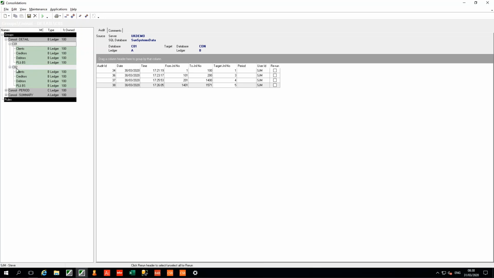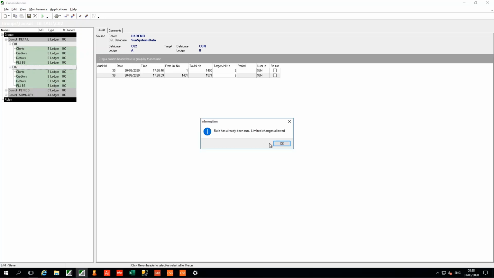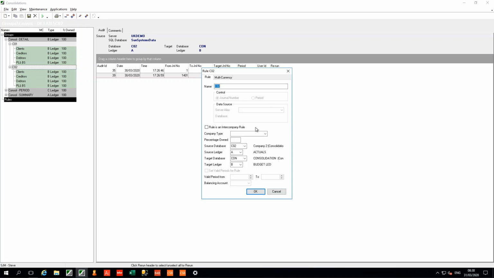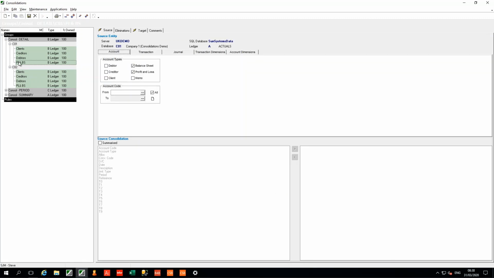When I copied and pasted that previously, all I needed to do was change the rule for CO1 copy and just change it to CO2 here, and then all the steps below it would be copied. If we look at the P&L and balance sheet rule, here on our account selection for the source database, I'm selecting all of the balance sheet and profit and loss